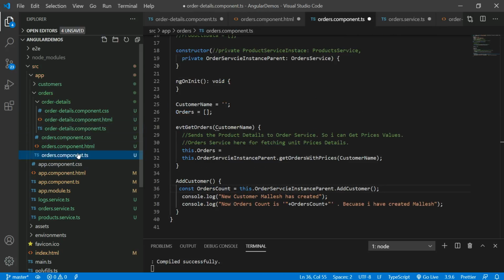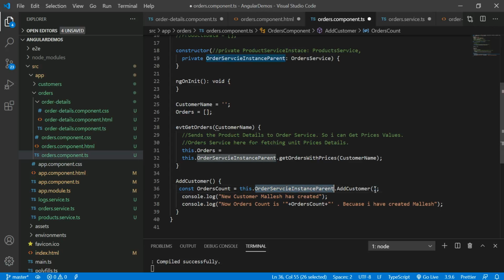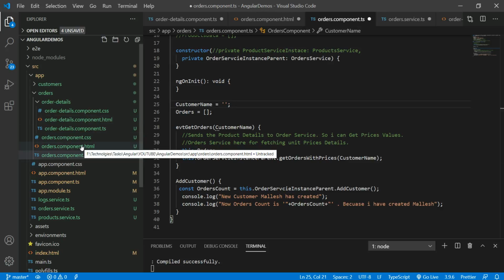Now this parent component is here for adding the customer.